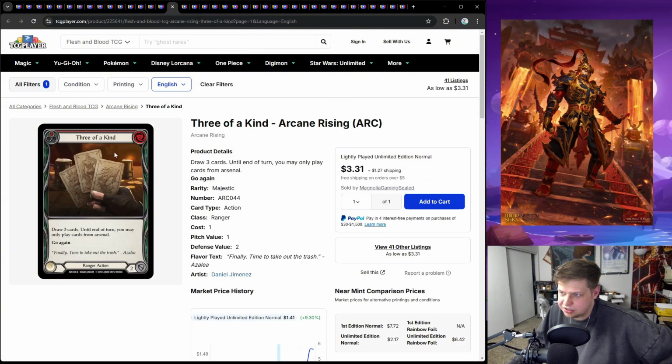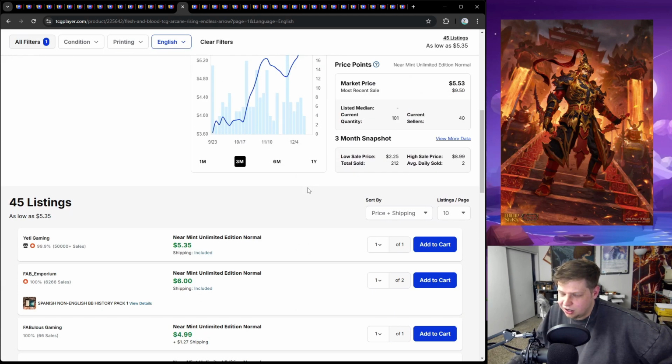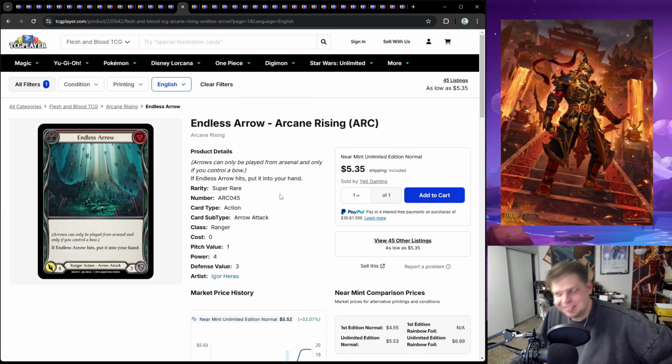But even if it is too cute to play, I think Three of a Kind, Endless Arrow, Plan for the Worst, these kind of cards are going to be broken one day. All it takes is a new Ranger coming out, right? Is a new set, honestly, right? Because sets normally introduce 2 of the hero, right? So we're getting 2 assassins in the next set. We just got 2 wizards. We just got 2